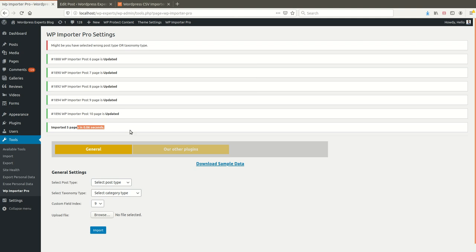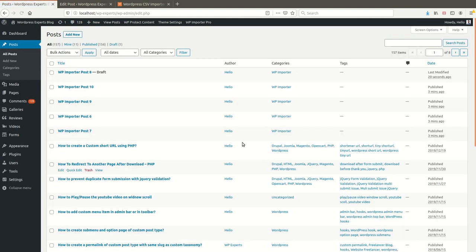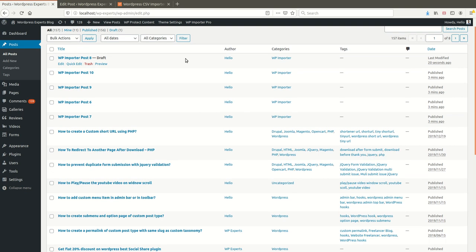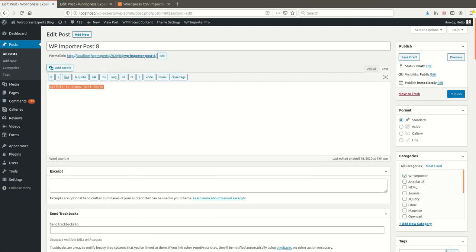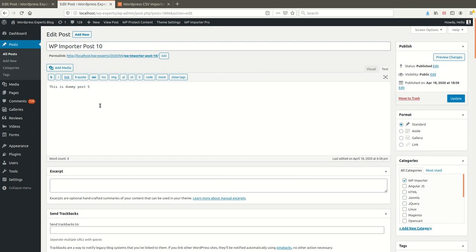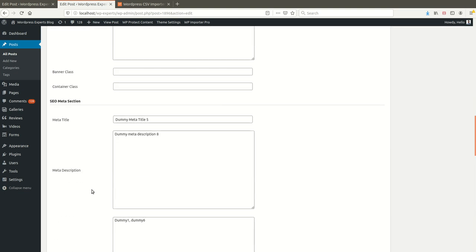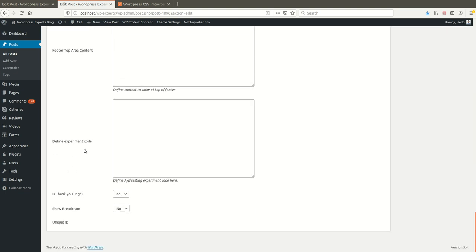So you can see this is very easy to maintain your content or your data from the backend. There is nothing else to do from the server. This one you can see was 8 before, like this one. Let me refresh the page. It is also going to 8. So all files have been successfully updated in less than 1 second.